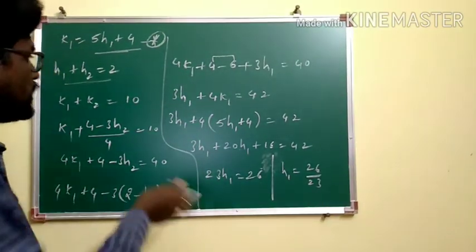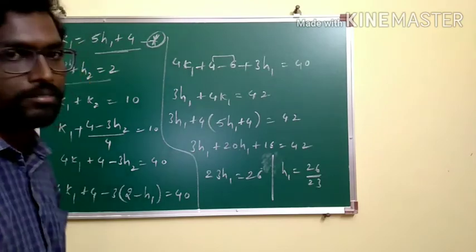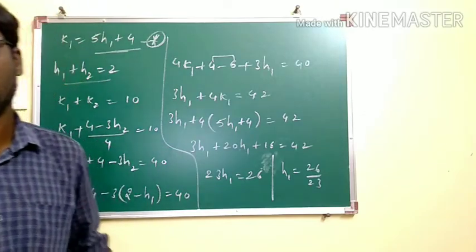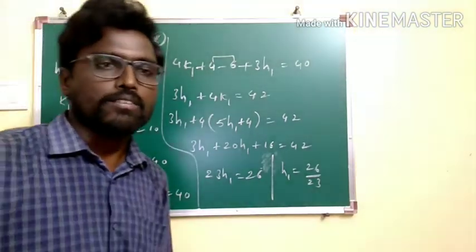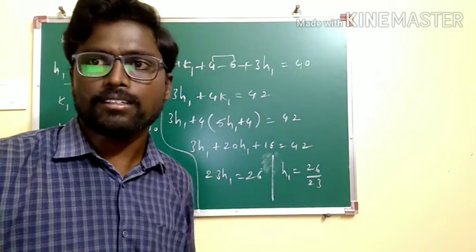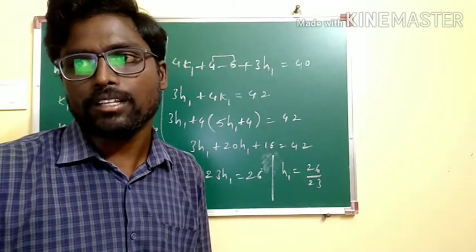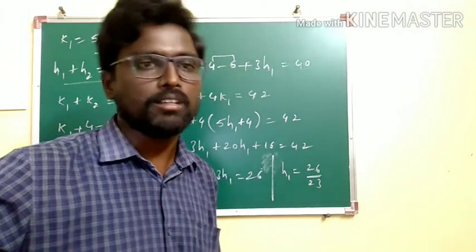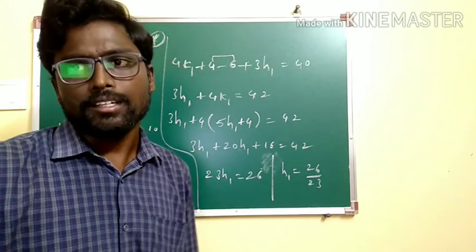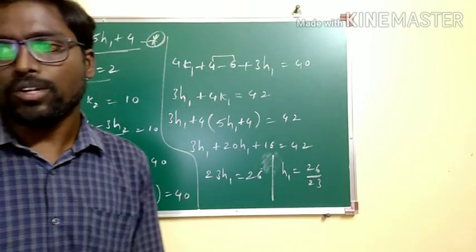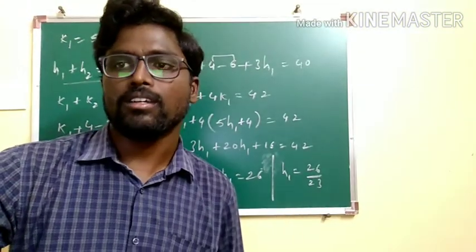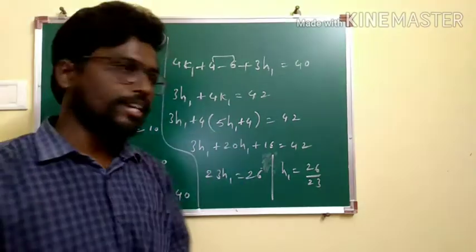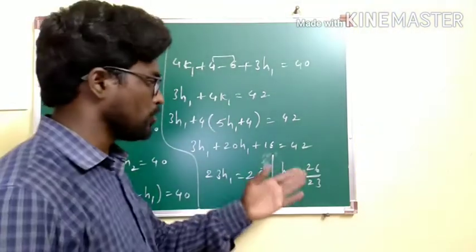On substituting this h1 in any of these equations, I will get k1. Again, with the help of this h1 k1, we can get the coordinates for h2 and k2. After getting these coordinates, it is a simple task to get the equation with the help of y minus y1 is equal to m into x minus x1. Here the only thing is you are going to trace out the coordinates that are required, because here you need not trace out h2 comma k2. Already the midpoint is given as 1 comma 5. One coordinate you have already got here.